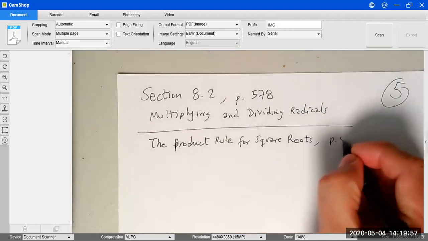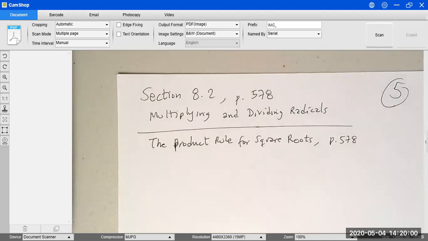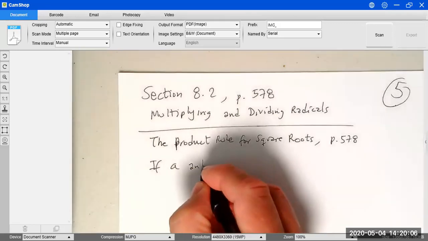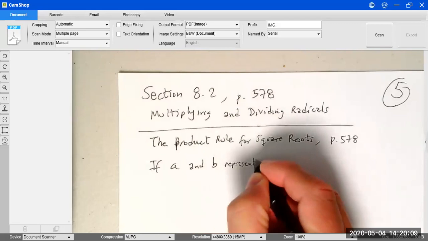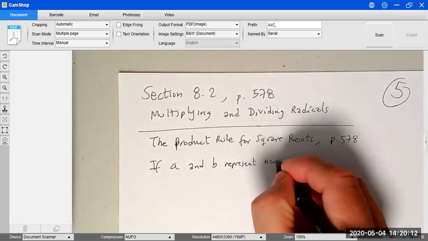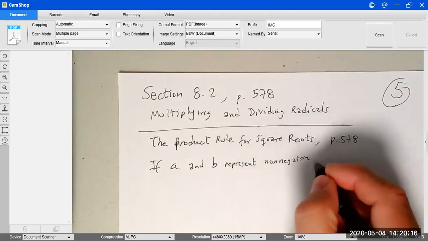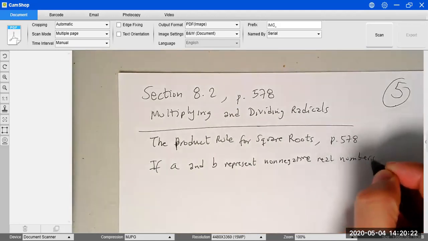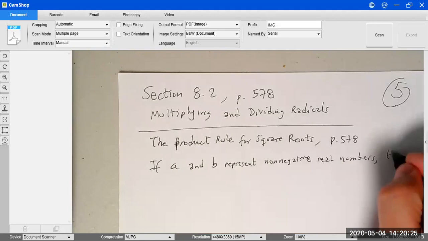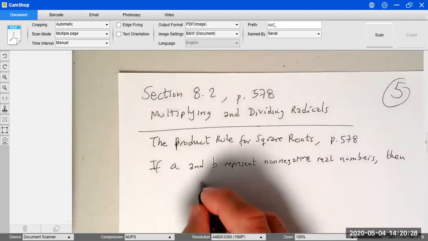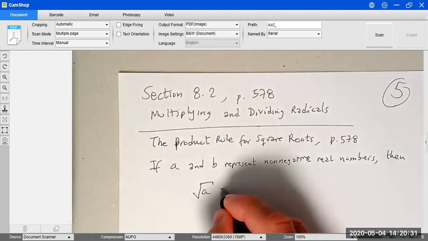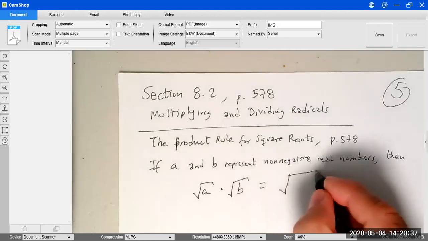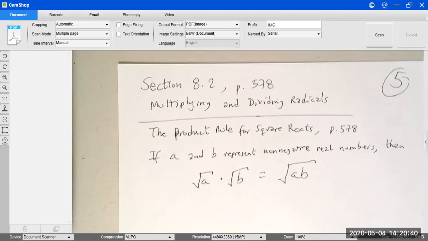It is on the same page, 578, and the rule is just if A and B represent non-negative, and this is important, non-negative real numbers, then we have the square root of A times the square root of B is gonna be equal to the square root of A times B, and